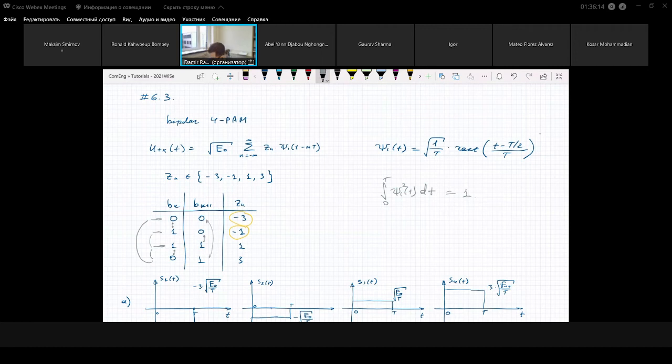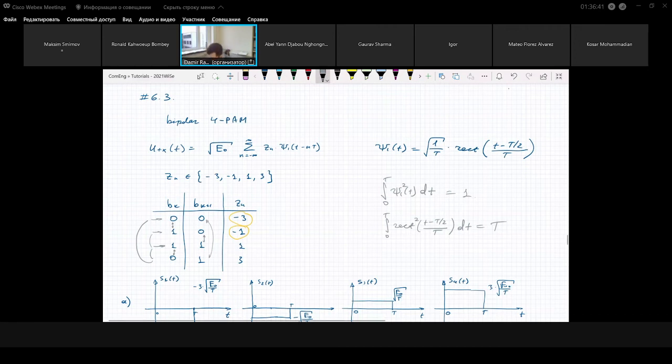But if instead of this basis function you had just a rectangular pulse, what will happen in this case, squared? You will get that this integral is equal to capital T. So you get exactly the same number,